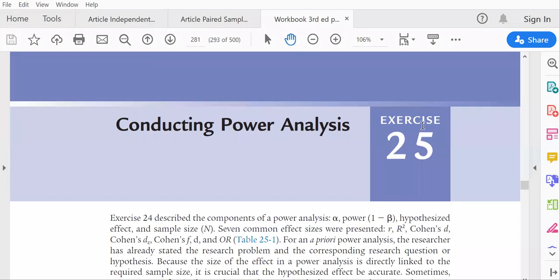Hi everyone, I'm Dacia Cipher and I'm going to review power analysis using the 7 most common effect sizes, and we will go through exercises using the free software called G-Power. Hopefully you have already read exercise 24 in your Grove and Cipher workbook, and you're aware of the 7 most